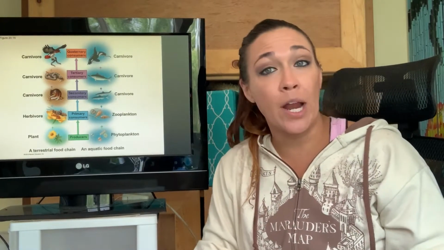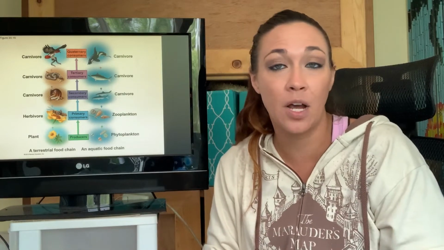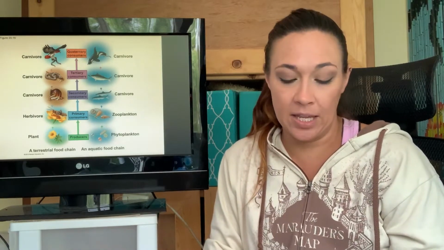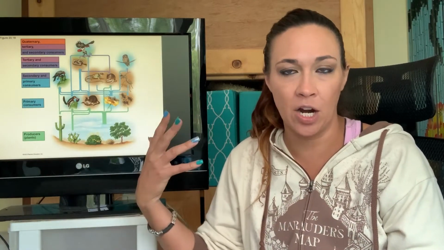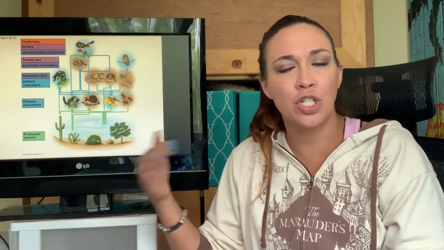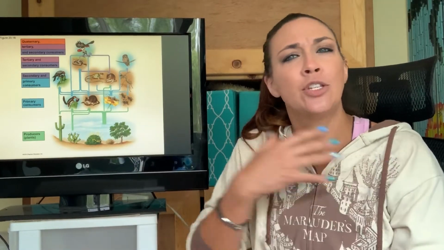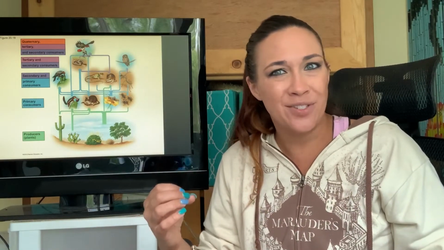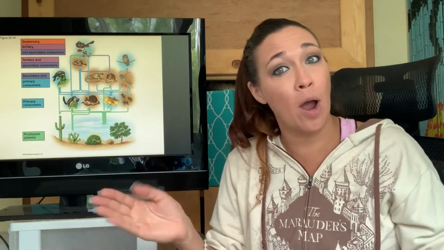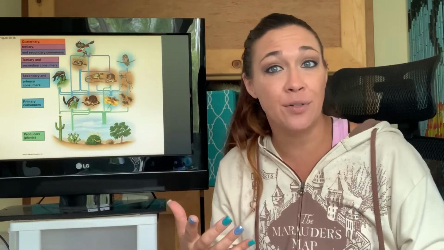Now, these food chains are great for showing what's going on, but is this the only thing that's going on in the ecosystem? No, not at all. So really what we see in the ecosystems actually looks more like this, and this is known as a food web. We're looking at the terrestrial side right here. But you're not just one species eating one type of food. You're probably eating multiple types of food, and you're probably food for multiple organisms. So that's why a food web is always much more accurate than a food chain, because you don't just have one prey and one predator. You probably have lots of different things going on. So it shows a more complete picture of the ecosystem.